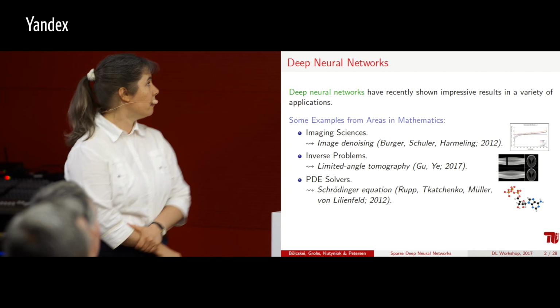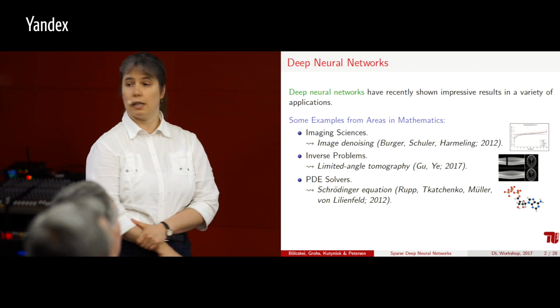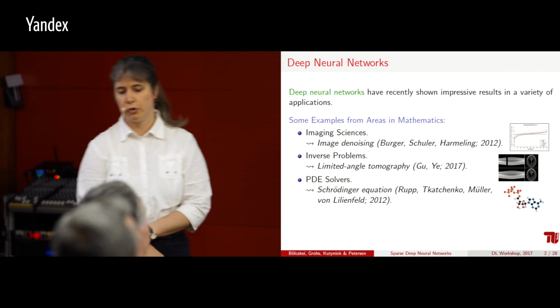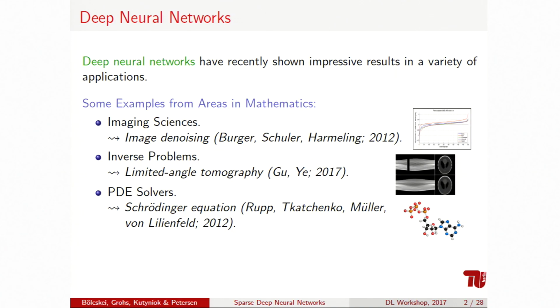Over the last years, also in areas of mathematics, we have seen that deep neural networks and deep learning have had tremendous success. I would like to start with a couple of examples from those areas. For instance, in imaging sciences, there are denoising algorithms, for instance one by Burger, Schuler, and Harmeling in 2012, which uses deep learning techniques and which outperforms basically everything that has been done so far, in particular also, for instance,